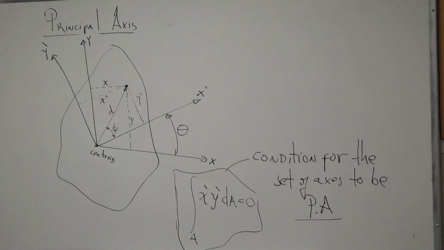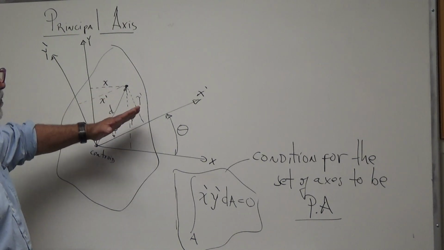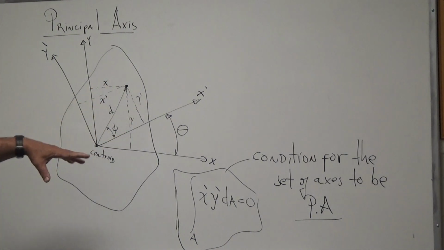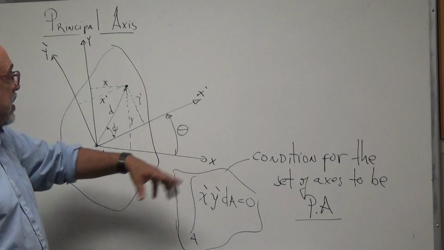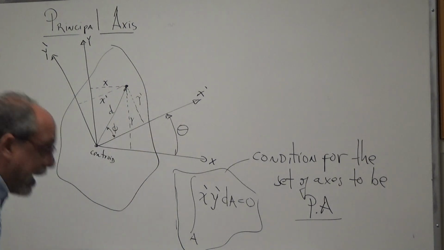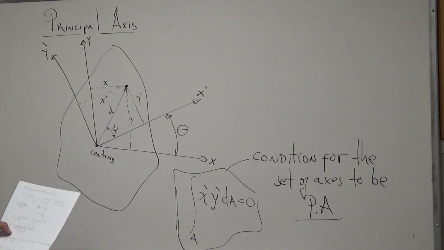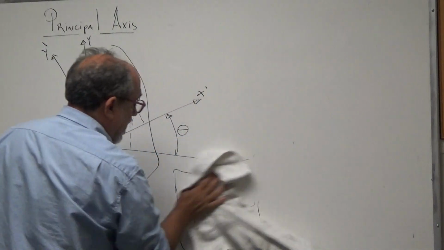Now, needless to say, there's no way that we're going to try to find what the principal axes are by just trial and error. I mean, you could, if you got infinite time, start tilting them, and doing the calculations numerically until you find something that is zero. But we want to do something better than that, right? So what we want to do is we want to develop the relationship between what is